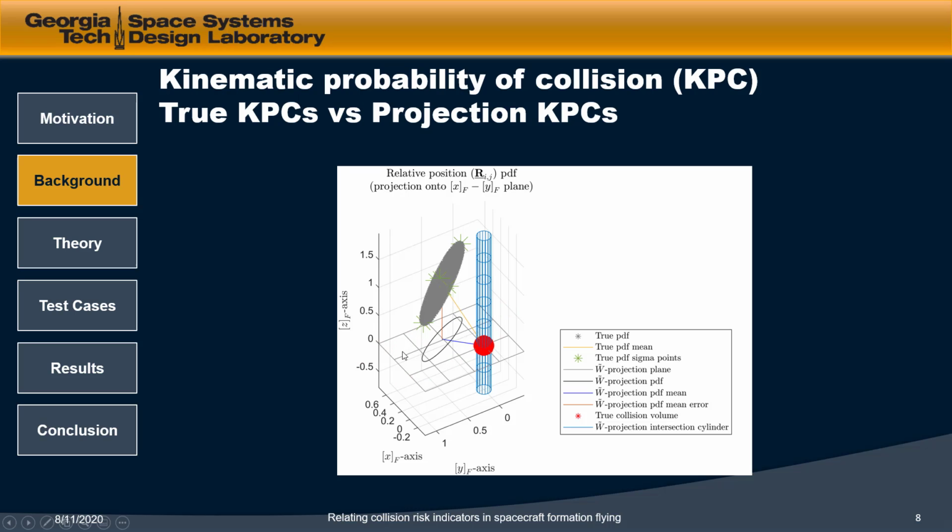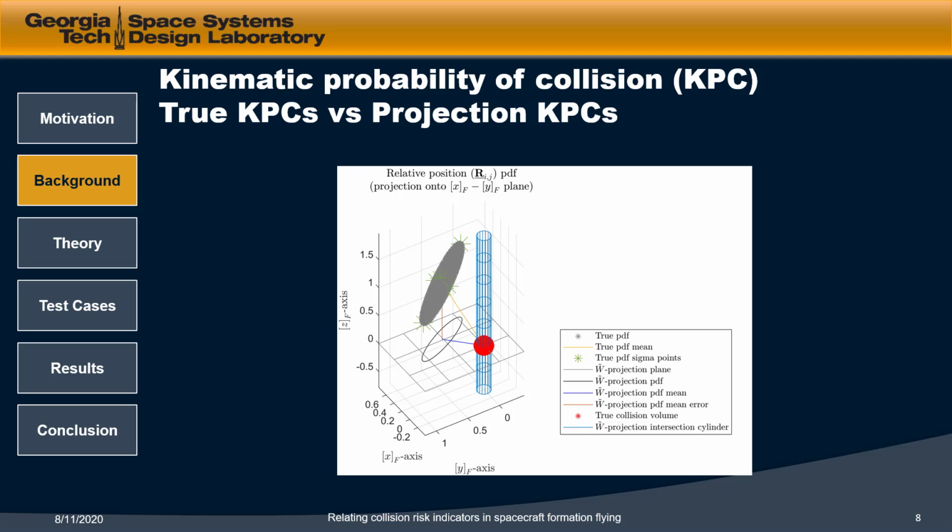It is called that because the relative position PDF can be projected onto that plane, and the three-dimensional collision ball can be projected onto a two-dimensional disk in that plane. We can then define the projection KPC as the probability mass of the projected relative position PDF inside the projected collision disk. The reason for making this distinction between true and projection KPCs is that before we compare missed distance